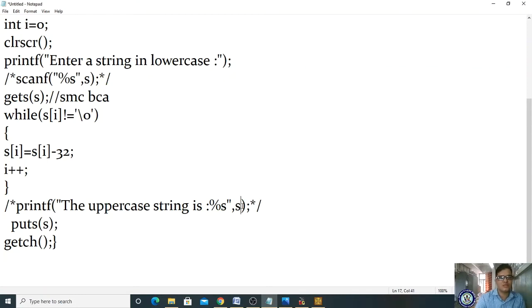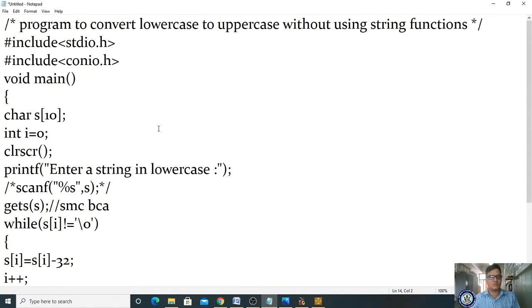Got it? Likewise, small s minus 32 prints capital S, small m minus 32 prints capital M, small c minus 32 prints capital C. Suppose you want to convert uppercase letters into lowercase, then you have to give plus 32. That's all.